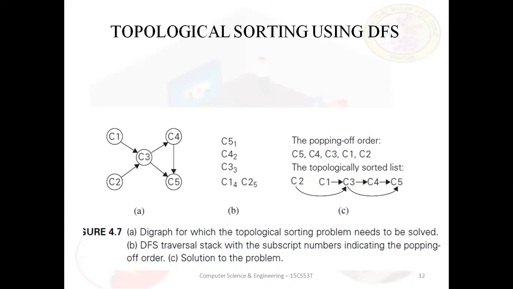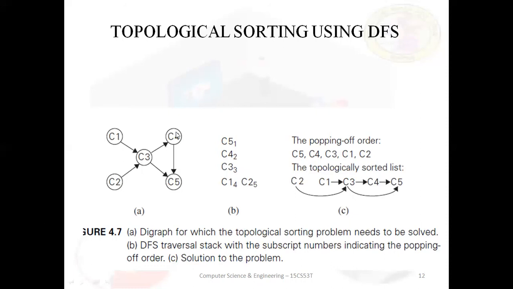As we entered C4 and visited C4, C4 again has an outgoing edge to C5. So C5 is pushed into the stack. From C5, there is no other edge to visit. We'll pop out C5 first, as it is the topmost vertex present. So C5 is popped out. That's why the second index shows the order of popping. Then, immediately after C5 is popped out, the next vertex is C4. C4 has been popped out.